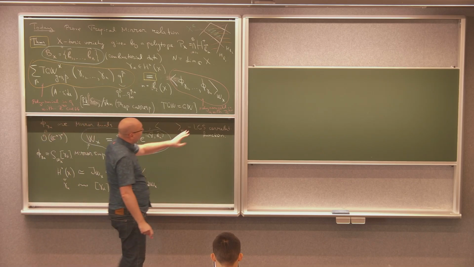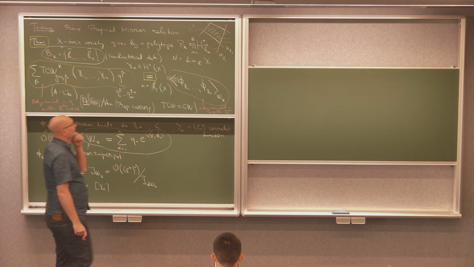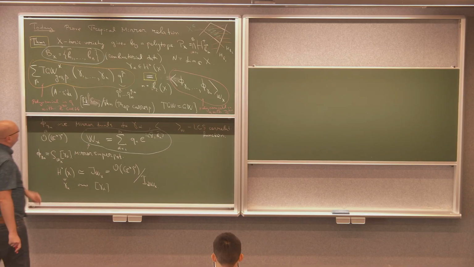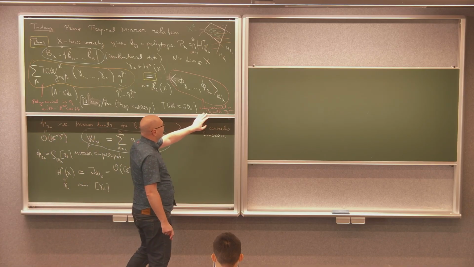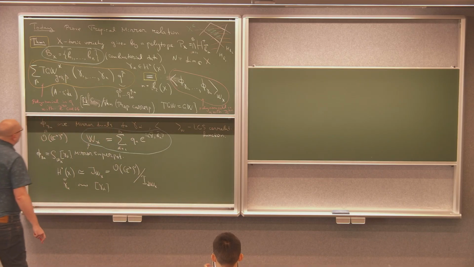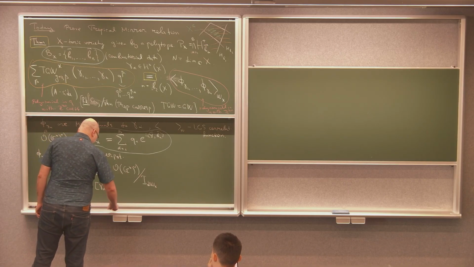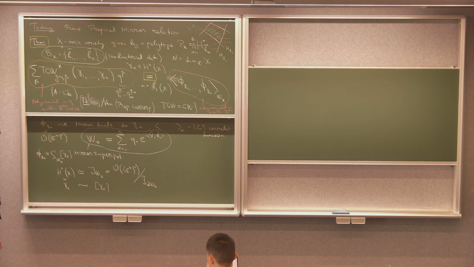So that is a surprising fact, and unfortunately I don't have time to get into details of how it works. Okay, so that is our main theorem, and the proof of the main theorem will require us